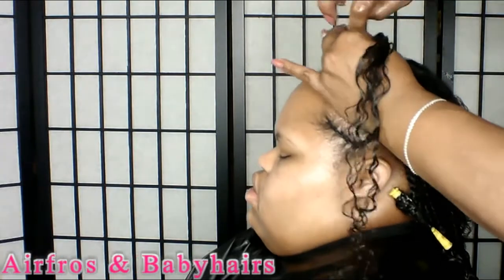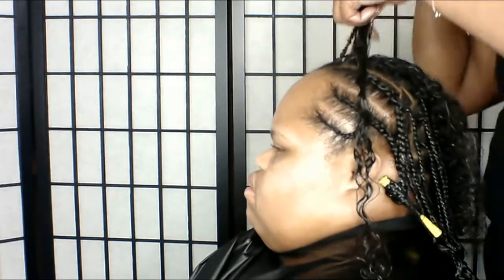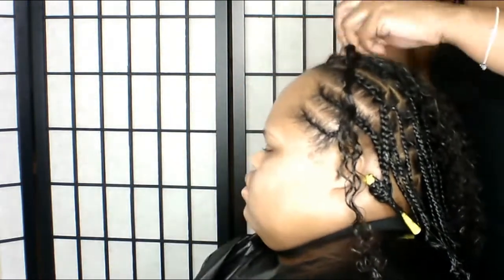So if you know anything about chain braiding, then you will understand the concept, but you can watch and get an idea of what I'm talking about. It's kind of hard to explain, but it's really simple. So that's what we're doing on this particular section, and I'm not braiding them all the way down until I